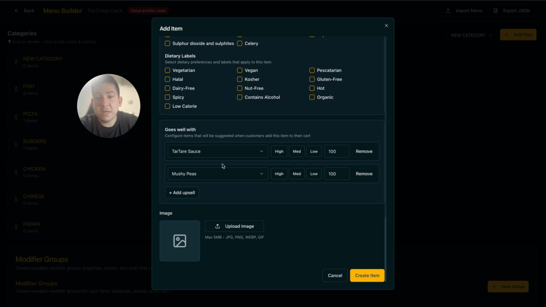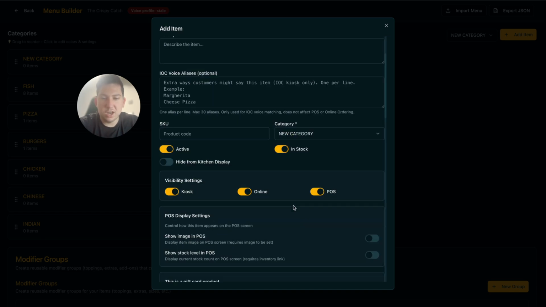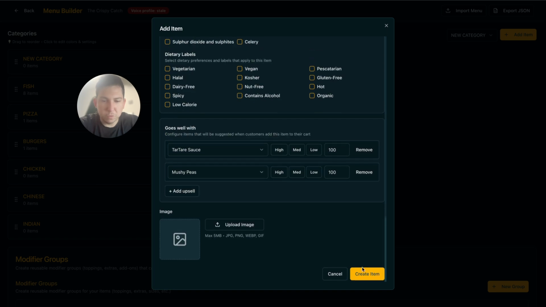And then Sophie, our AI voice assistant, can read from these as well and automatically cross-sell the suggestions if you've got it enabled. And then of course this is where you add your item image. So before creating the item,